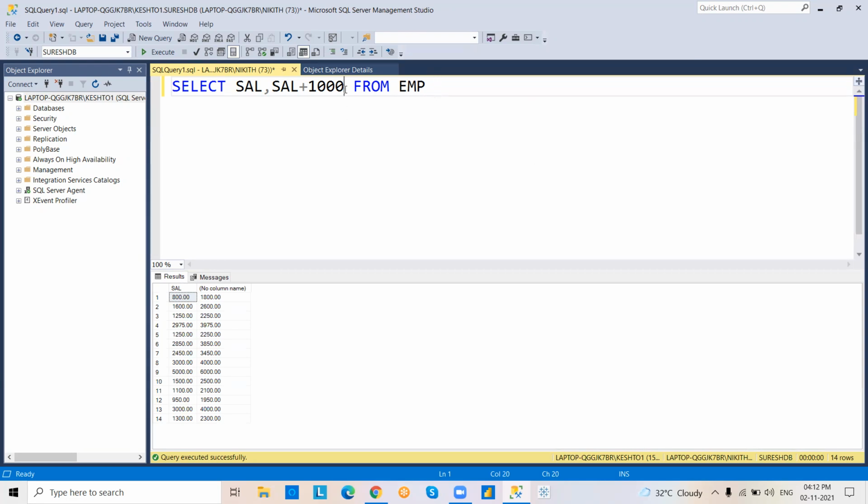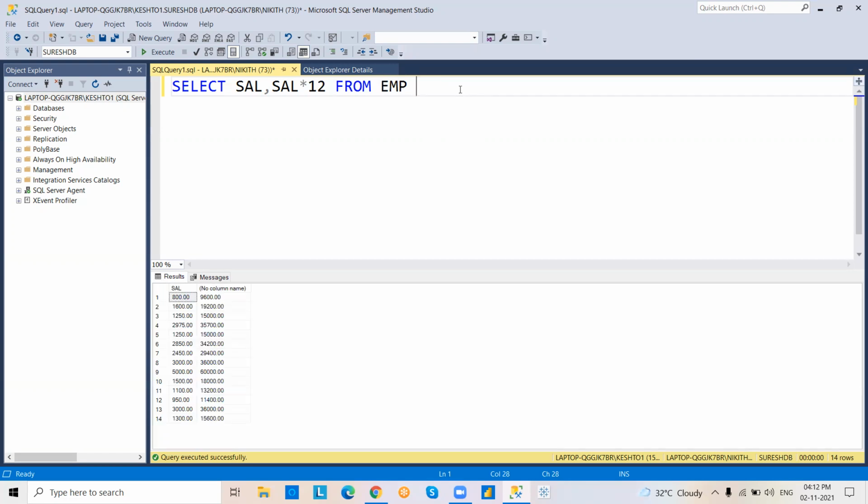So next scenario, I want to retrieve salary after deducting 100 from this salary: select salary comma salary minus 100 from employee. Please check it. We retrieve. In the same way, we want to retrieve salary and annual salary. Annual salary means what?